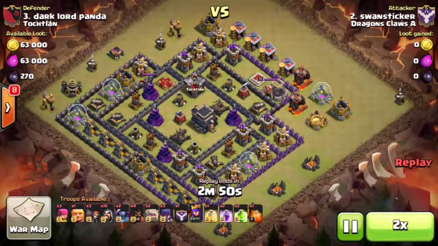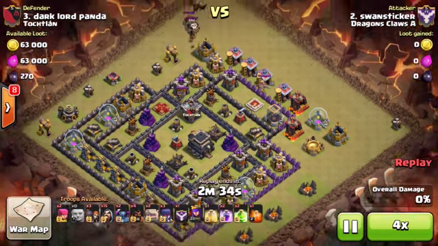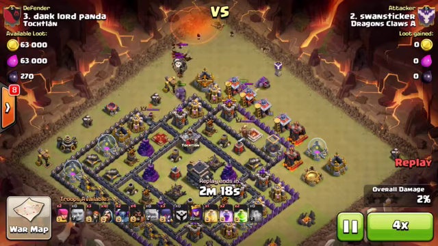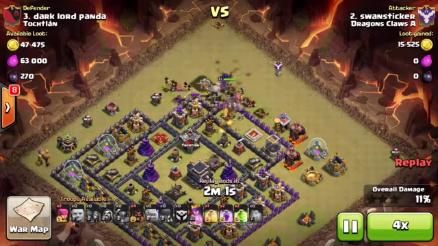So here's one. Swan hit this early. Swan was playing with one of his heroes down, BK down. You'll see what happens up here. He got into a bit of trouble. He did a fairly nice job luring the dragon out. I don't think he had a scout on this one, but